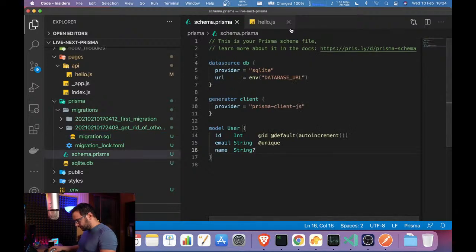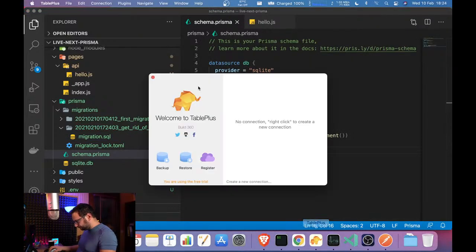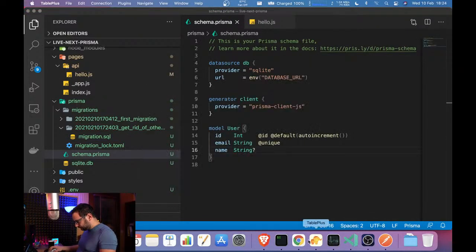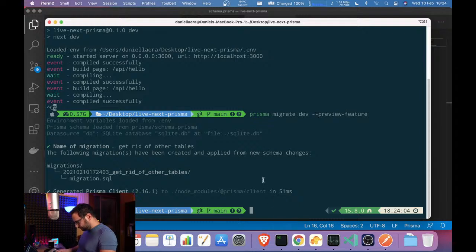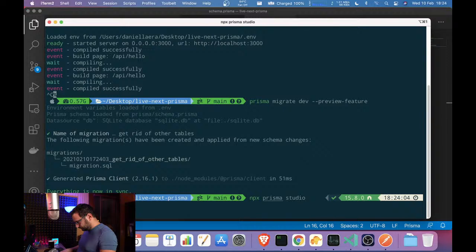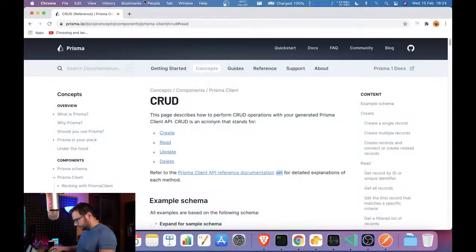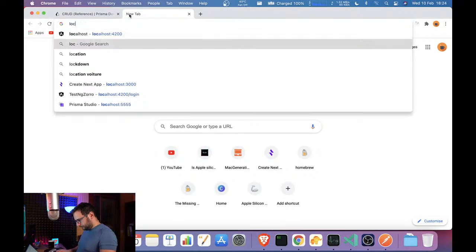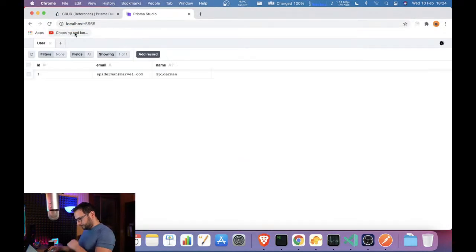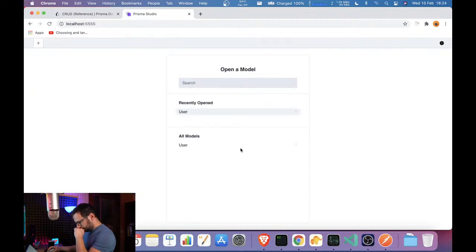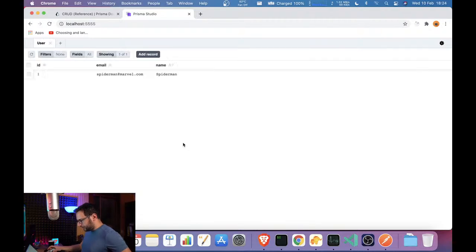Okay. Localhost. All right, so as you can see, it's been updated. We only have the user model and table.